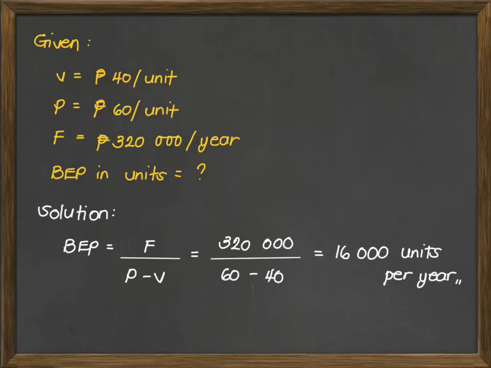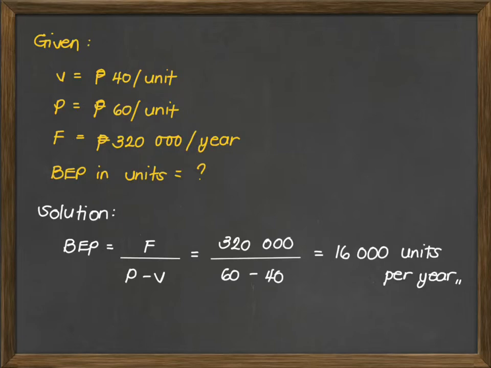So, ibig sabihin, ang analysis lang dito is that if the manufacturer wants to gain profit or ayaw niyang malugi, he should target more than 16,000 units of output per year. Kasi if mas bumaba yung ating output by 16,000, definitely losses yung makukuha ng business owner or manufacturer. Okay? Again, if you want to gain profit, you should target a standard output of more than your break-even point